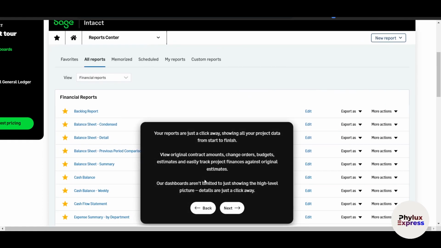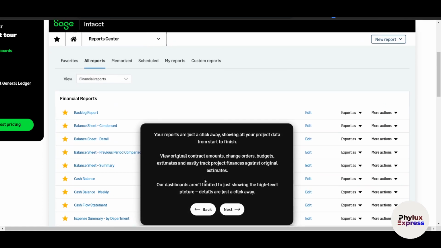Now this is Intacct. So what happened in Intacct? Here it says that your projects are just a click away, showing all your project data. As you can see here in the background, you can view original contract amount, change orders, budget, estimates, and you can easily track any kind of financials related to any project. So the dashboard is not limited to just showing the high-level picture. You can also go and click on it and get as much deeper as you want into